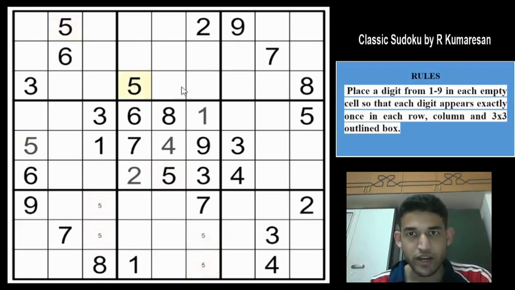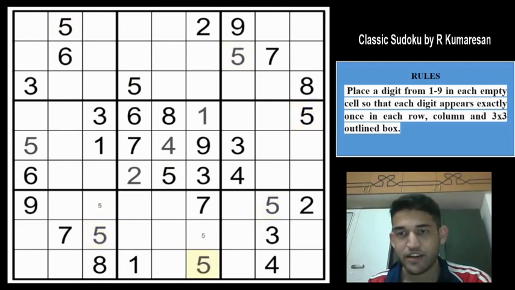There is a 5 in row 1 and row 3 and a 5 in column 9, so that gives us a 5 here and which immediately gives us a 5 here, right, because of these two 5s. And this 5 gives a 5 here and which in turn forces a 5 here. Neat. So we have got all the 5s very fast.